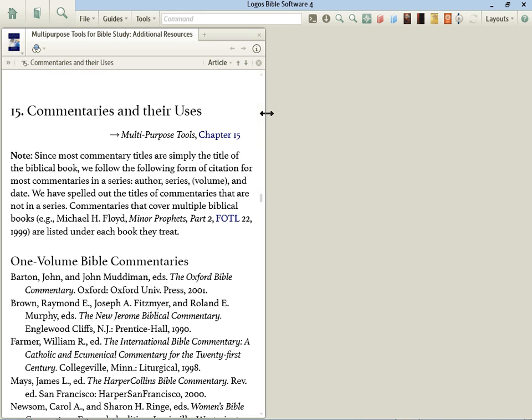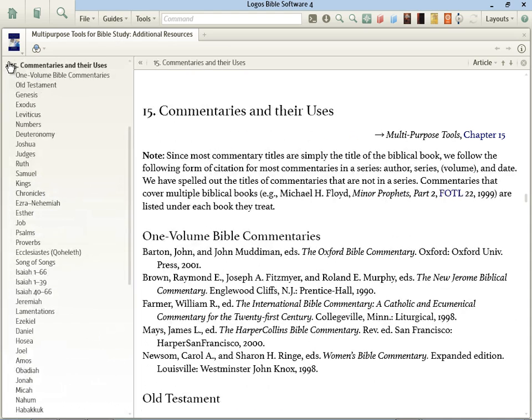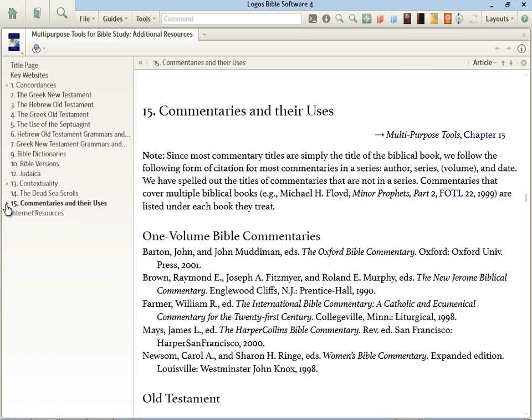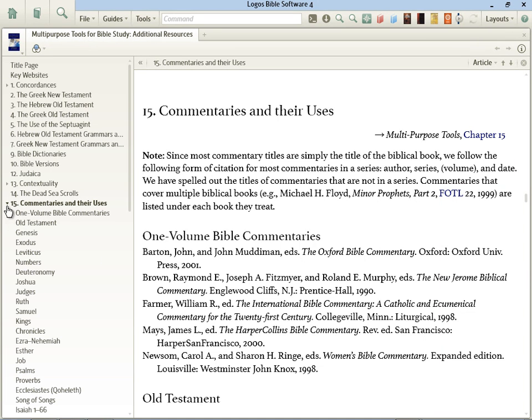Let me maximize the size of this one. And this one still has a commentary section. I want you to see that. But it also includes other books. So just want to make you aware of that. It has Greek and Hebrew, New and Old Testament. You have Bible dictionaries, Bible versions, Dead Sea Scrolls, internet resources, etc. So I wanted to make you aware that even though this is a much more generalized book,